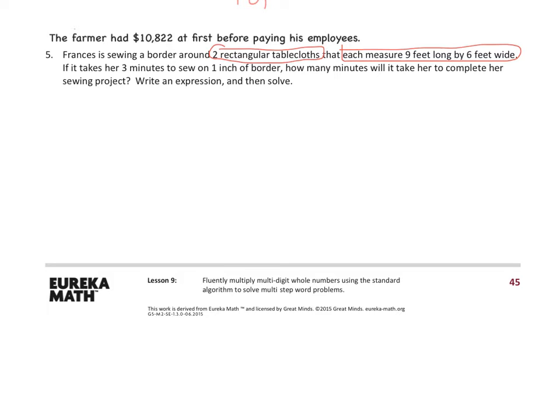Okay, so before we move on, I'm going to visualize this. So if I have 2 rectangular tablecloths, let's pretend I'm drawing the tablecloths right here. And they are 9 feet long and they're 6 feet wide. Please copy this down. This is going to help us visualize what to do. And I'm writing down the second tablecloth, the same thing. And actually, I'm going to go ahead and fill in the rest of the picture,